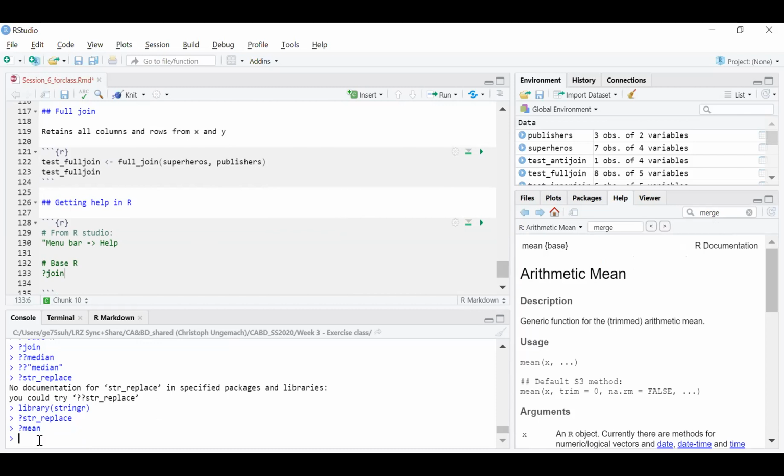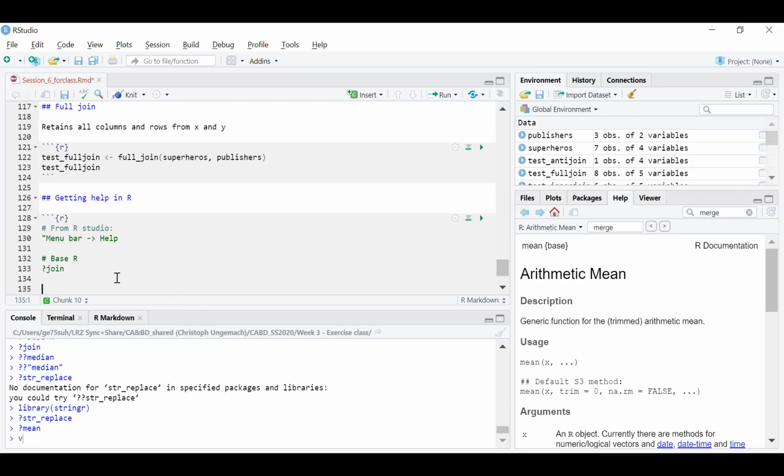When you load your R for the first time, you're loading up the base R, not all the packages, right? So the help for those packages will not be available. Once you load up those packages, the help files for those will be available for you. Also there is a lot of documentation for R, and you can go to the R documentation files as well. So for example, say if you try vignette